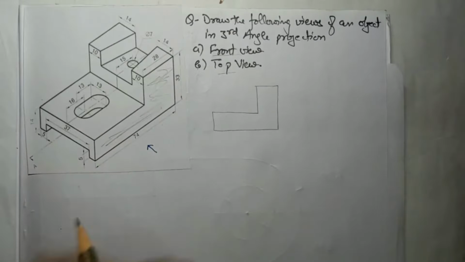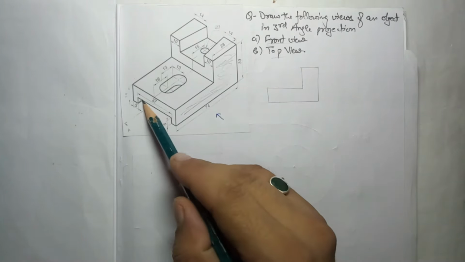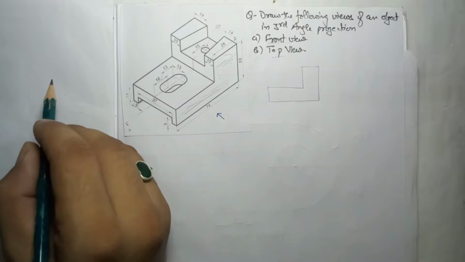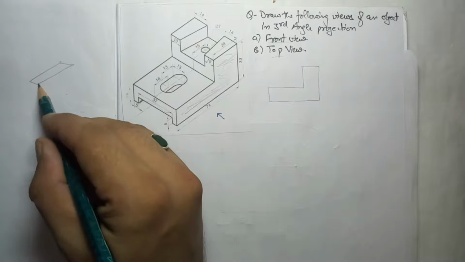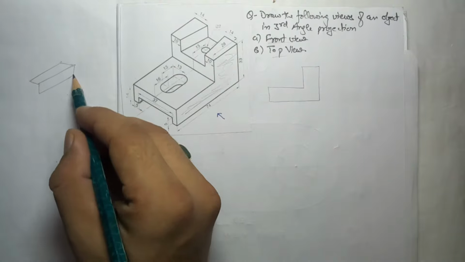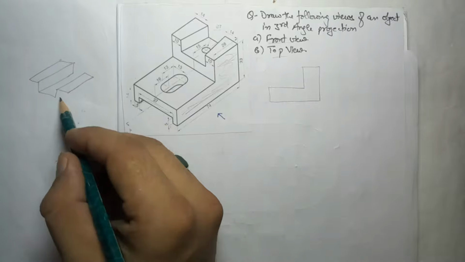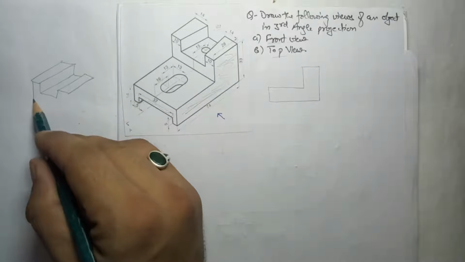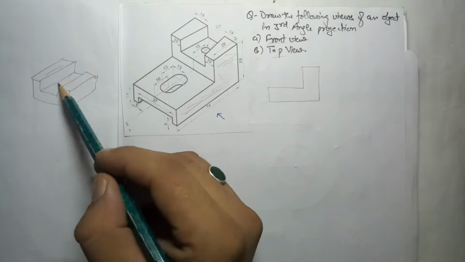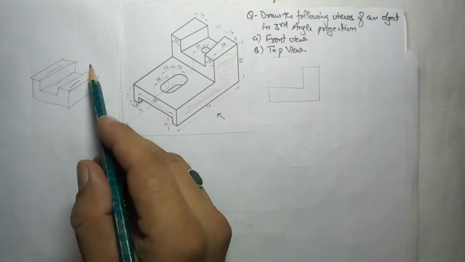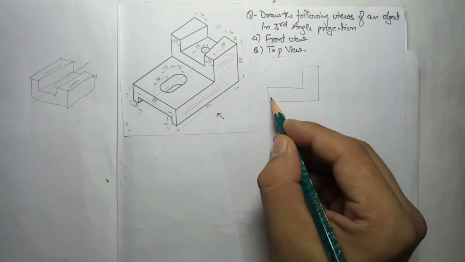Now we will see the hidden surfaces. Behind this surface there is first this groove that is given. If I show you this groove from the top, it is just similar to this one. A groove is given like this. Just like this, right? So from the top you can see these three surfaces. So this is a complete groove, this structure. Depth is not given, so we have to take it throughout. So there will be one hidden line.